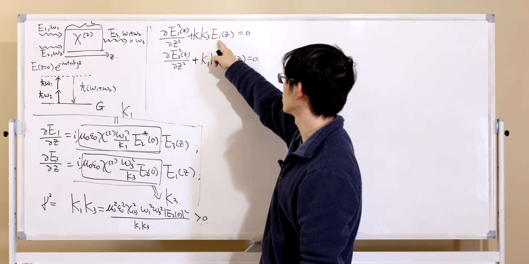Just write it down; it's easier. It is equal to minus gamma square cosine gamma z, right? So if you plug this back in here, you will see that they actually cancel each other perfectly. So the solution is a cosine, and the same applies to sine. Sine gamma z is also